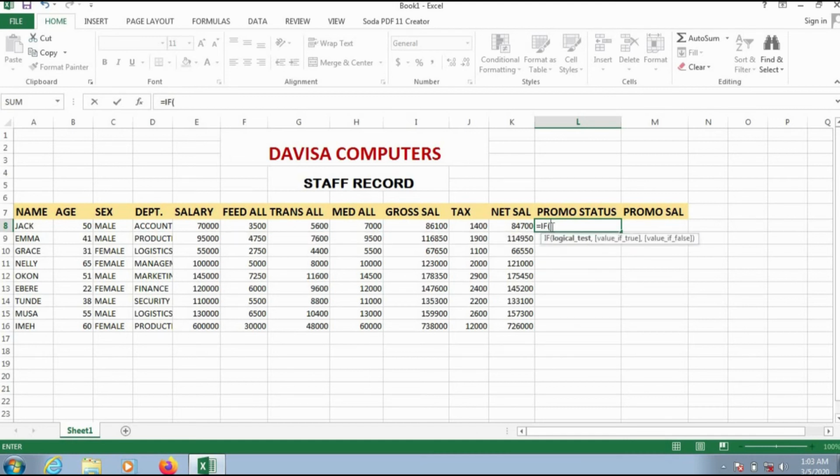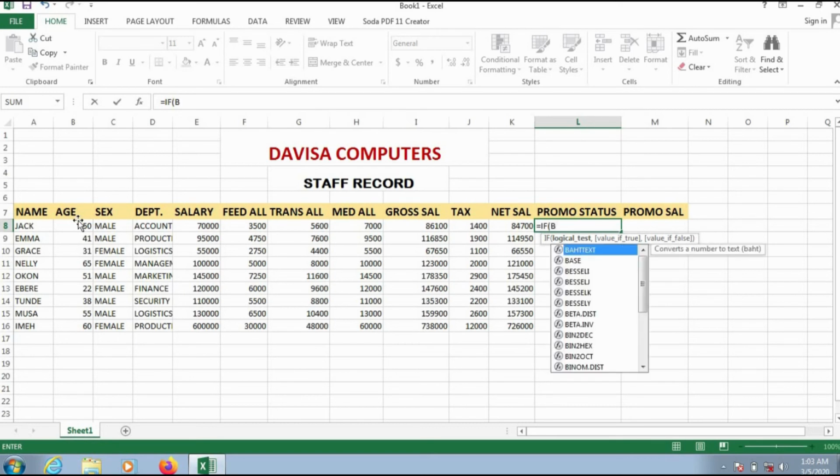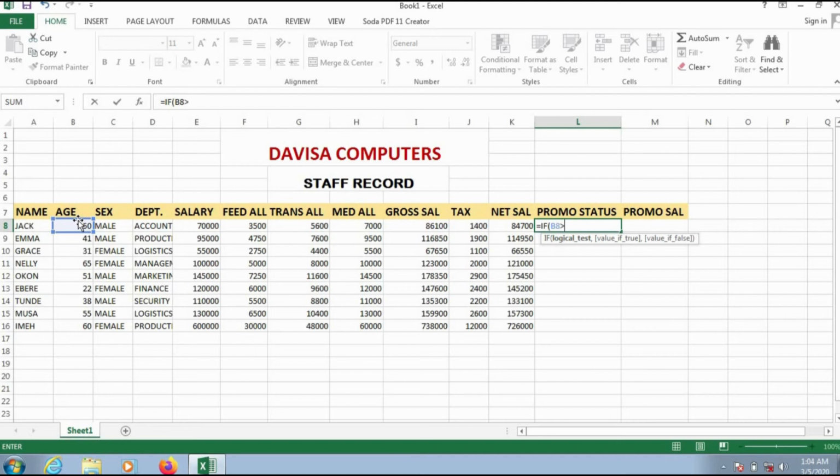Don't forget that. Then what is the cell address for our age, which is the basis for this promotion? That should be B. That's H is on B. So for Jack is B8. Okay. So equal to if open bracket B8 is greater than, that is more than 50, and equal to, that is equal to 50, that's 50 and above. Okay, 50